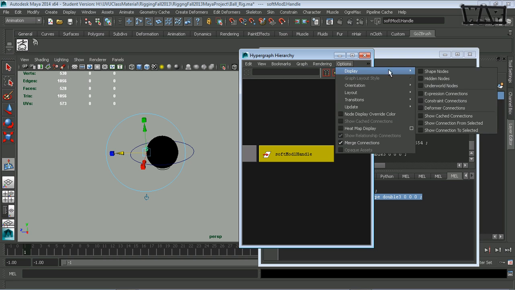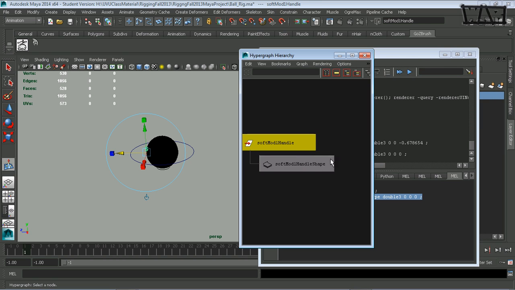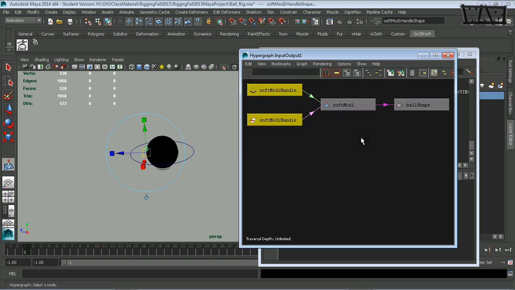But if we go to Options, Display, Shape Nodes, we can grab both of these, the shape and the handle. The handle is just a transform. Okay, so most all the real information will be on the shape node. So we'll select both of those, and then we'll frame it in the